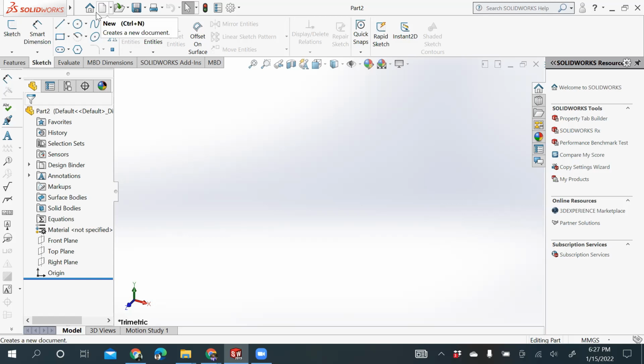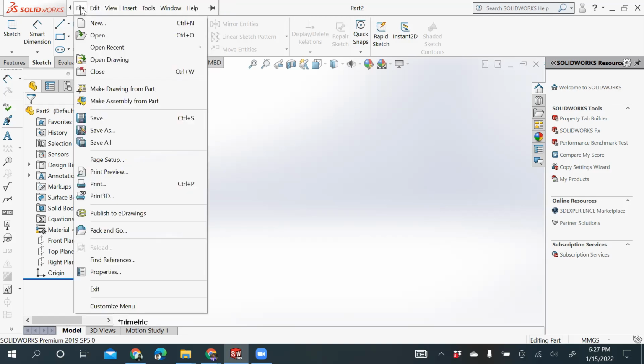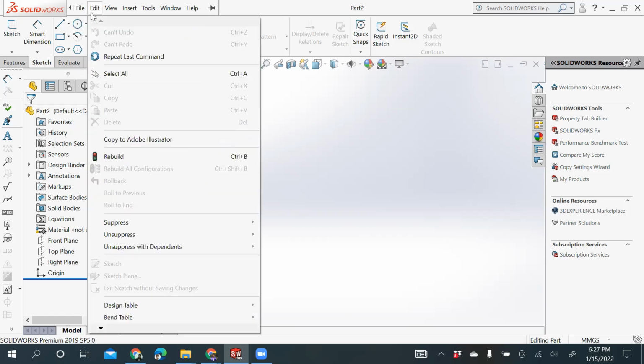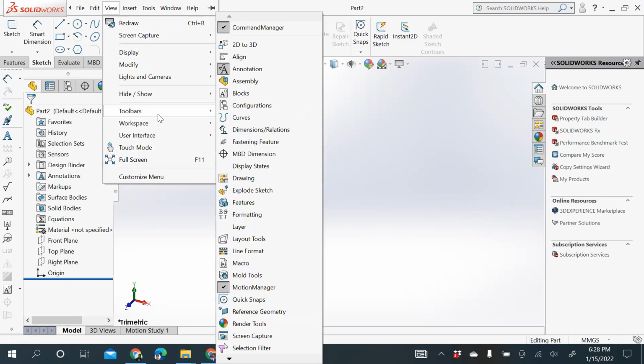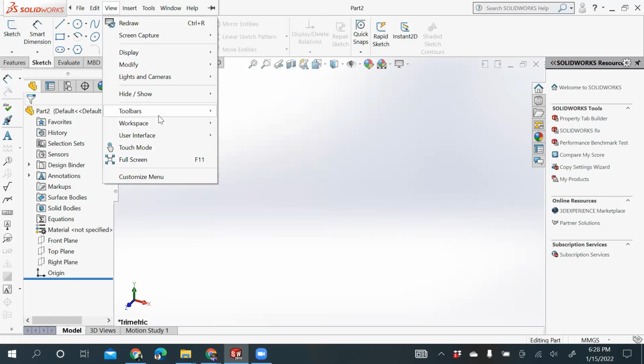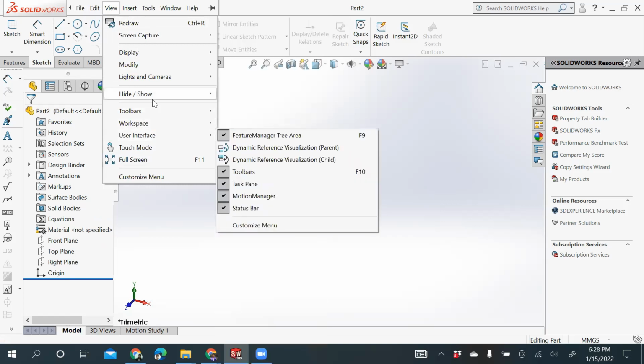So to start with, we have this interface which you can see in front of you. It has a very top row where you have different options: file, editing your file, how you want to view your interface, how you want to keep your toolbars, what you want in your toolbars, what you want in your workspace, what you want in your user interface.